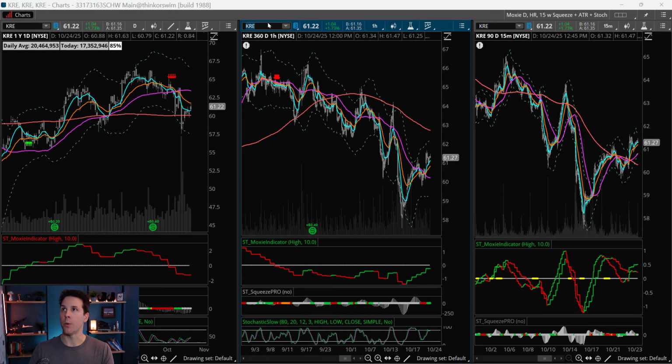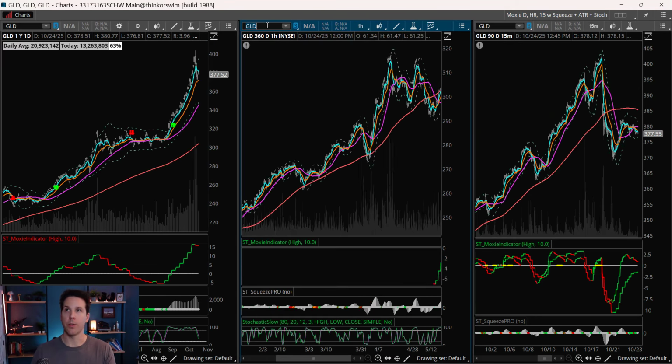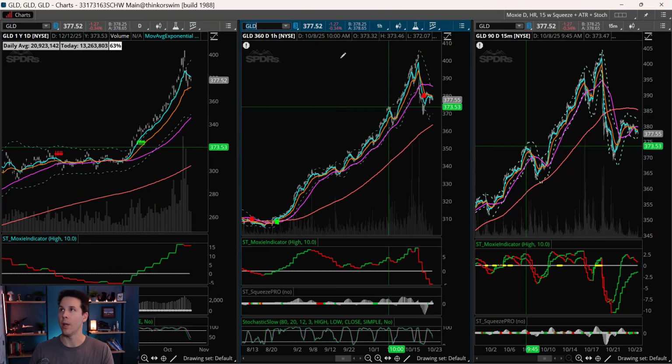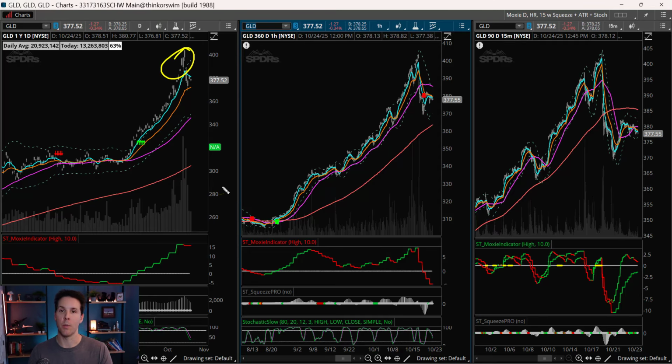Okay, so gold. Gold was also getting really frothy. There's all sorts of stats going on with gold: how much money or equity is coming into it, how many people are buying it. It's been crazy. And the fact that everybody was talking about it, and that this thing was getting pretty much parabolic, was telling me this is getting pretty close to the top. So I didn't trade gold specifically. I did short GDX, but I told everyone, if you're long gold, I'd be real careful.